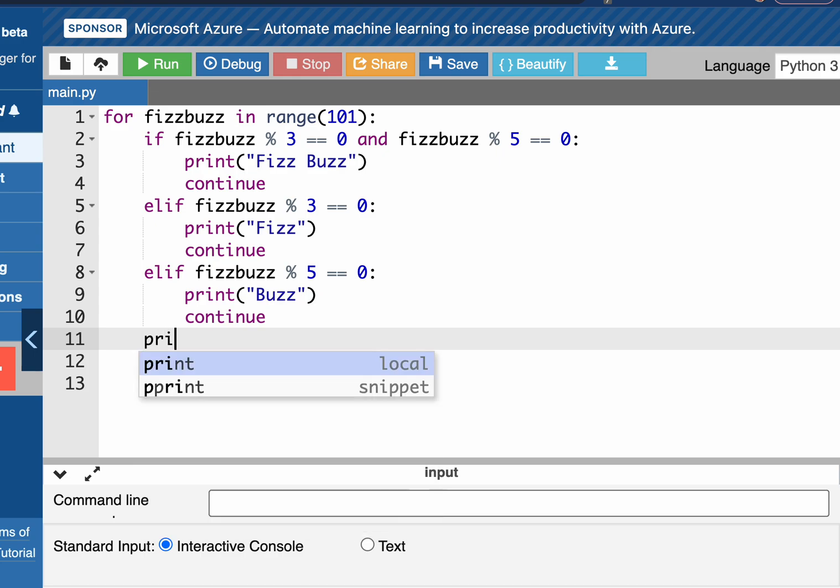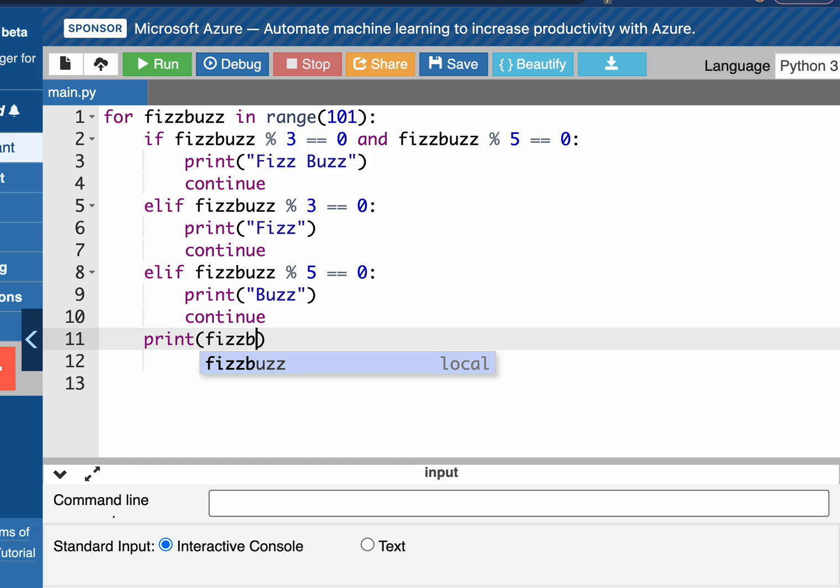So I now need to do a print, and in this case, I don't want to print the word, I want to print the actual variable. So you can see, notice as I'm typing in there, it's telling me that this is a local variable, and that's what I want to print. Here, capital F, capital B, and the space, I'm printing the word because it's in quotes, Fizzbuzz. Here I'm printing the word fizz, here the buzz, whereas here I'm printing the actual variable. This here is still indented, so it's still within my for loop. So if I was to save that and run it,